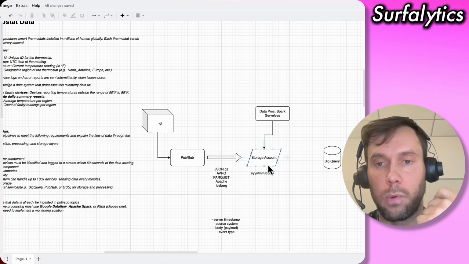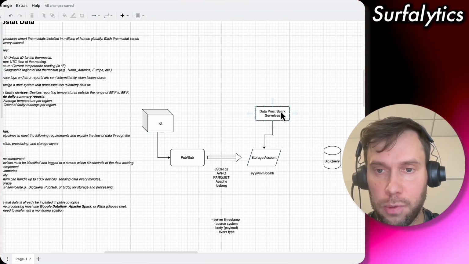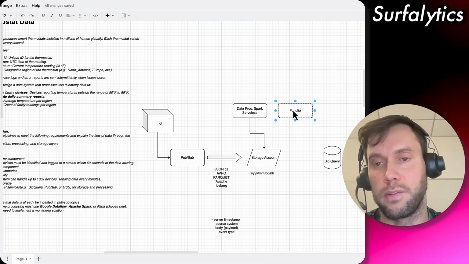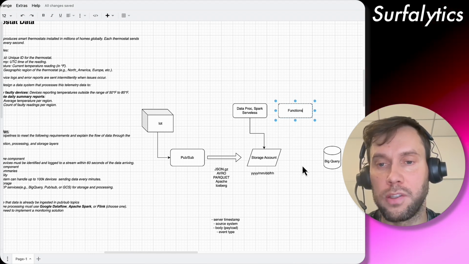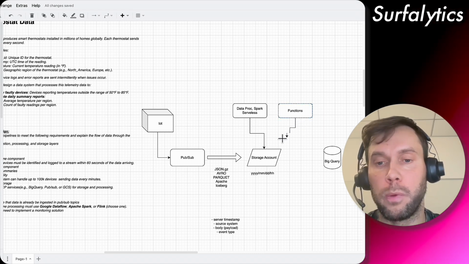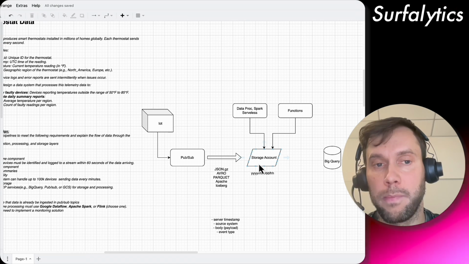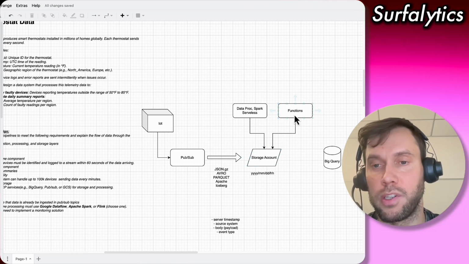This is one option. Another option is to use cloud functions. I forgot the name of those functions in GCP; it's, for example, Lambda functions in AWS. Those functions can work on a trigger. When every file lands in the storage account, it will trigger the function to take the file and process it.